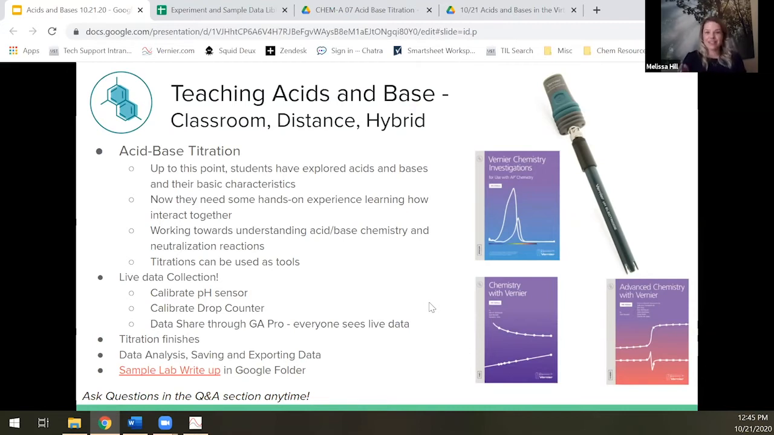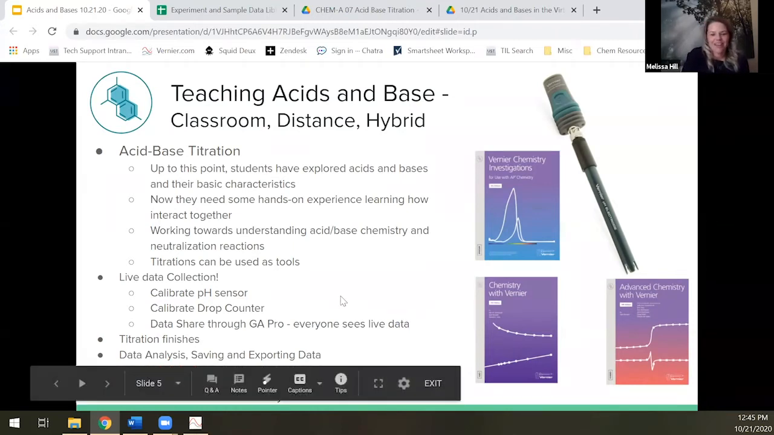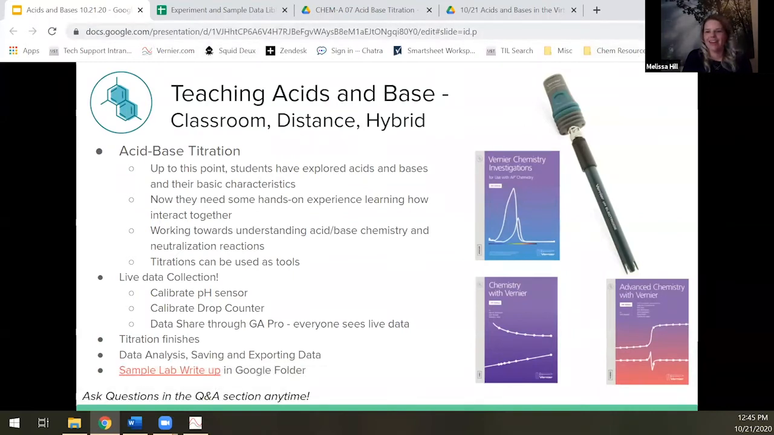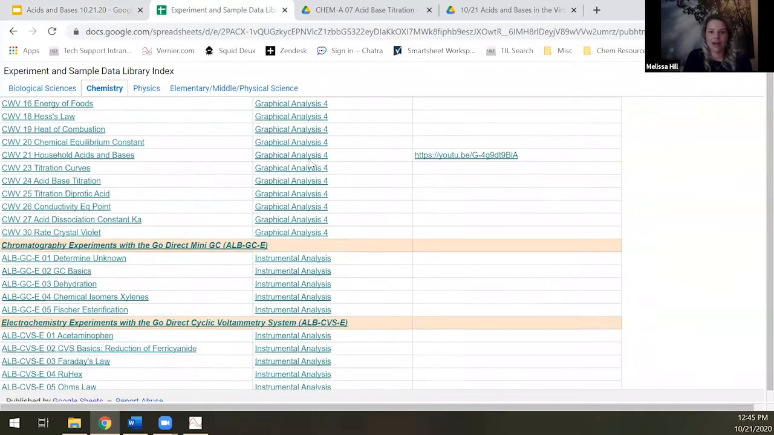So that being said, we're actually going to do some live data today. Oh my goodness, something I forgot to do. We're going to take a step back. All right, so what I want everyone to do before we get too far ahead of ourselves: